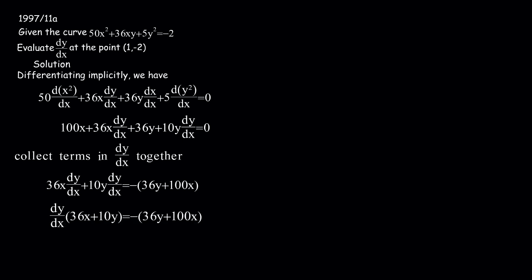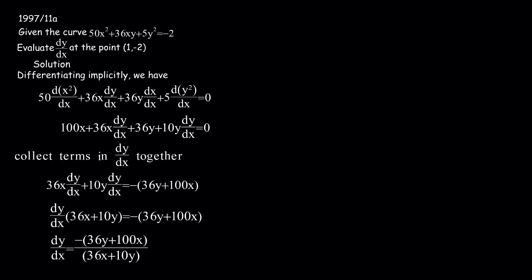It becomes dy over ds in bracket 36s plus 10y is equals to minus in bracket 36y plus 100s. Our next step is to divide both sides by 36s plus 10y to make dy over ds stand alone. Dividing both sides, dy over ds will be equals to minus in bracket 36y plus 100s divided by 36s